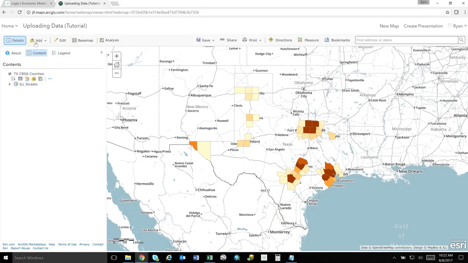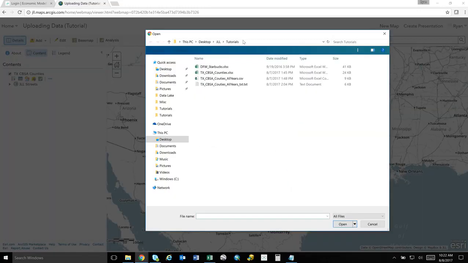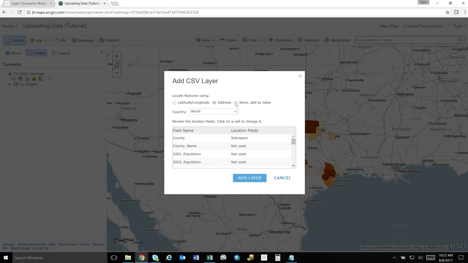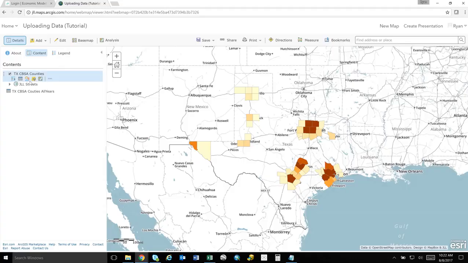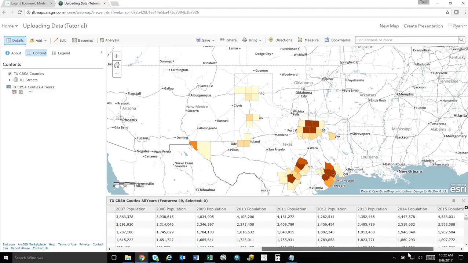All you need to do is go to add layer from a file, and then navigate to your folder where you have data that you want to bring in. So in this case, my CSV, go open, import layer, bring it in as a table. So just check this dot here and add layer,